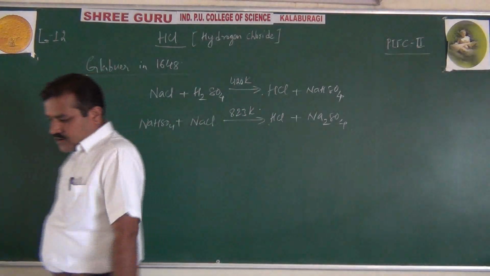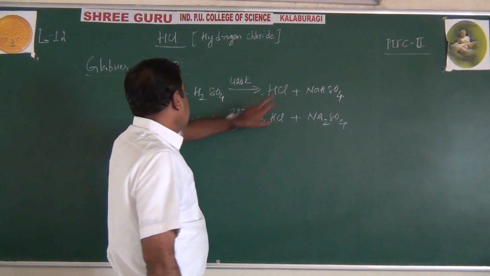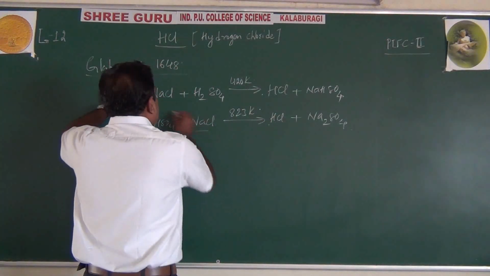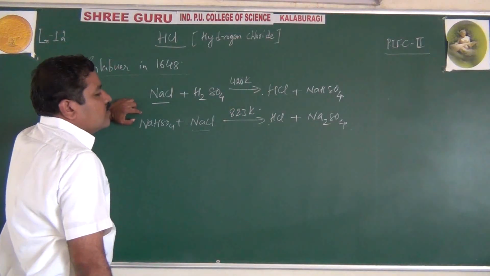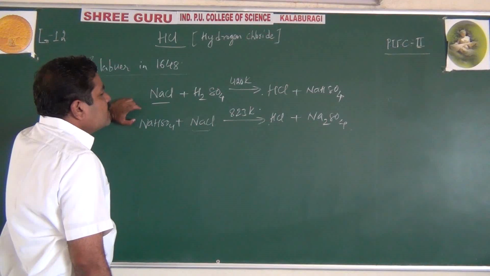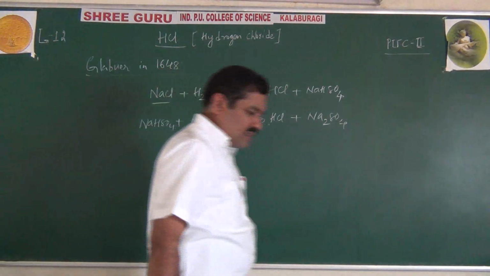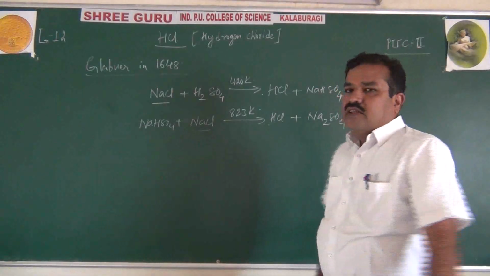When we heat sodium chloride at 420 Kelvin, you get sodium bisulfate and HCl, but with the same excess common salt, the sodium bisulfate also can produce HCl, hydrogen chloride gas, along with sodium sulfate. This is the laboratory method of preparation,